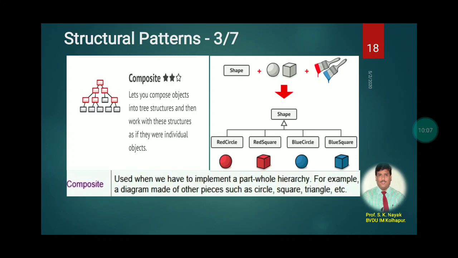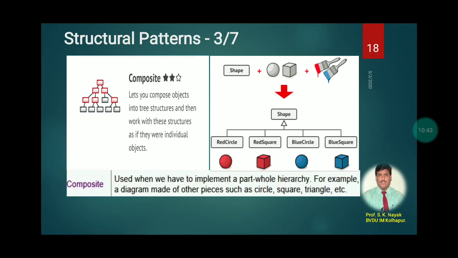So now we have different individual objects which are separate, but they are under a particular branch, under a particular hierarchy. This way we can combine. All these different kinds of shapes can be grouped together, composed together, and they will be under the shape class. In this structure all these objects are combined in a hierarchical order, that is a tree structure.